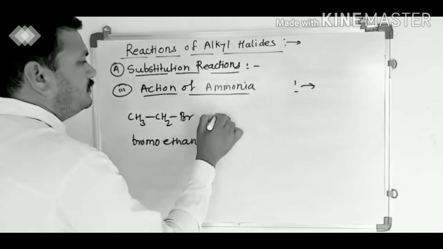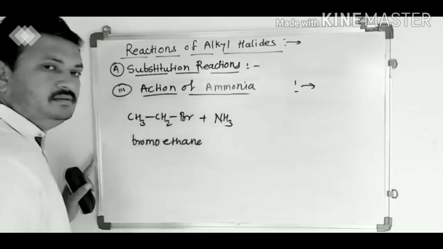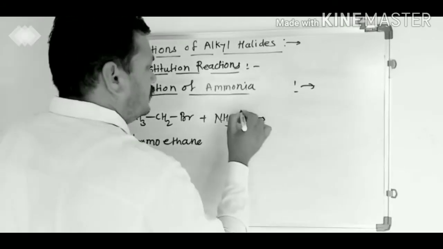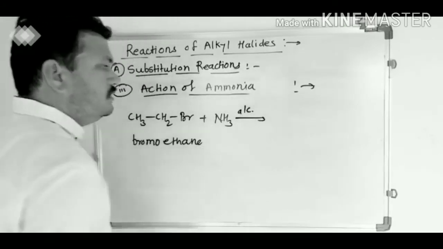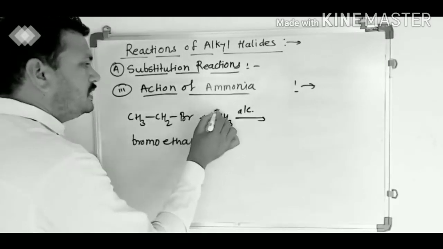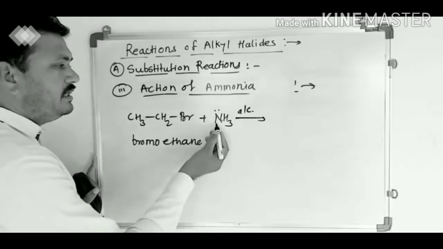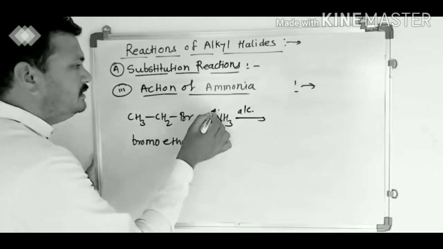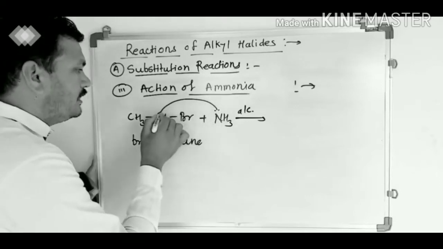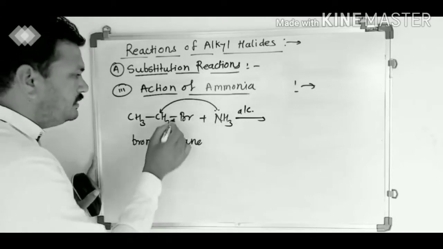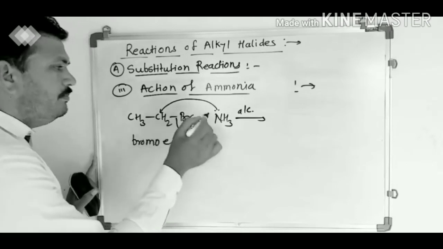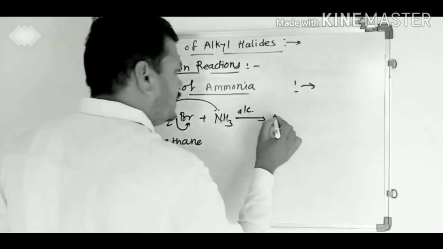Is treated with alcoholic solution of ammonia. We know that nitrogen has a lone pair of electrons, therefore it can act as a nucleophile. This lone pair of electrons attacks the electron deficient carbon and removal of the leaving group Br minus takes place, and we get the product,